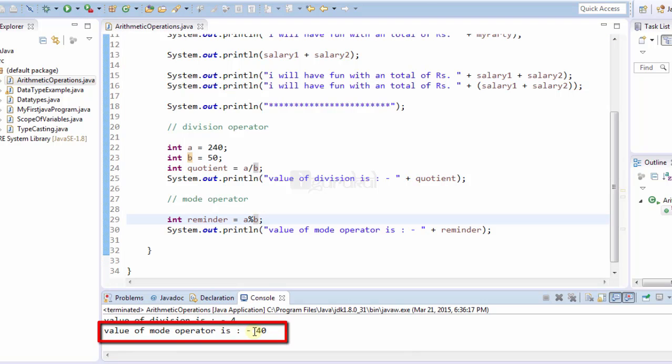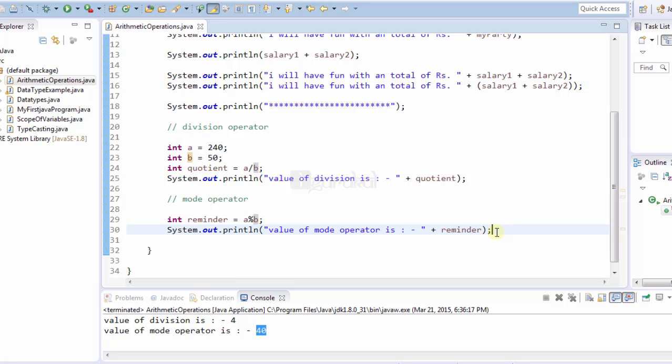So what the mod operator does here is, using the int data type, we will get the remainder. So it is of great use. Suppose you are looking for an odd or even number in a range of 1 to 10,000. So will you be writing 2, 4, 6, 8 a number of times? No. What you will do is execute a for loop using the mod operator. You will divide it by 2. If you get a remainder of 0, you will have your even number. If you get a remainder other than 0, you will have an odd number. So that's the easy way to do things.